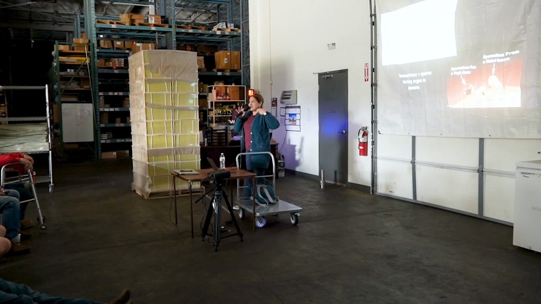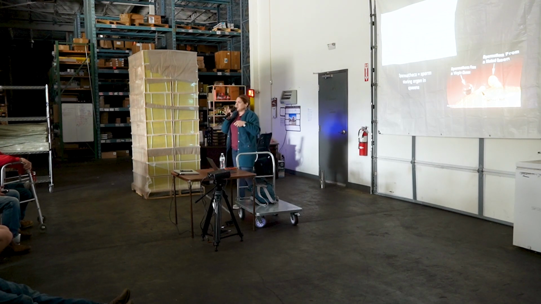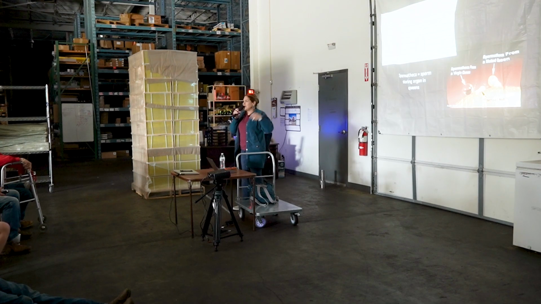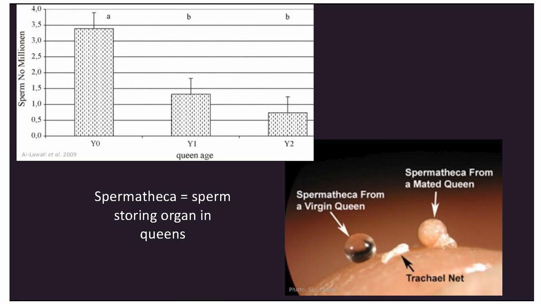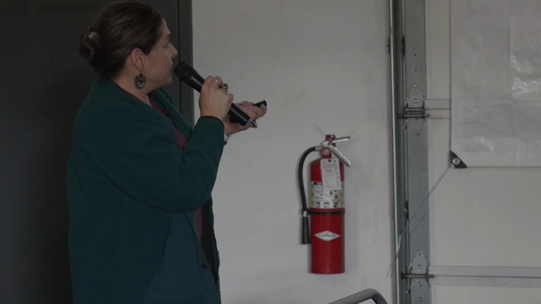Naturally mated queens, nothing really difficult or wrong happened to these queens. It's just the natural use of sperm dropped to less than 50%, and then to another 50% of what was remaining the following year. So you can see now why so quickly queens run out of sperm. By 2 years, they only had about 1 million or less sperm cells